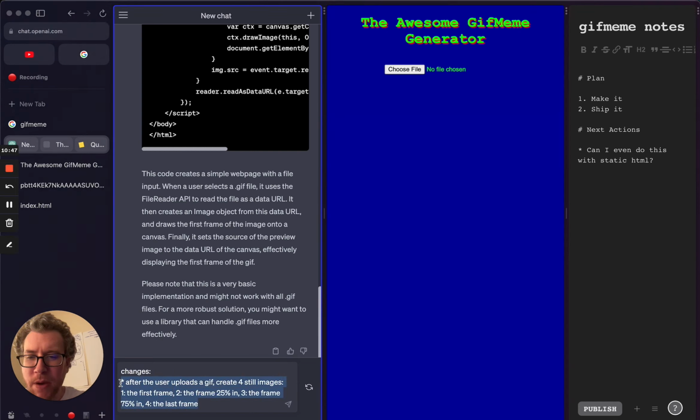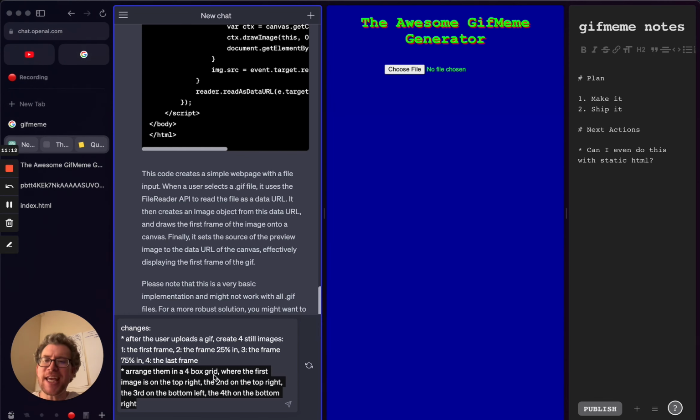This is what I've come up with for getting the 4 images. I'm thinking the first frame, the last frame, and then we have ones in the middle. Right now what I'm saying is 25% in and 75% in. Now this does mean that we will miss the middle 50%, so I might want to change these percentages a little bit. But this is what I'm going to try first. Let's see if it understands it.